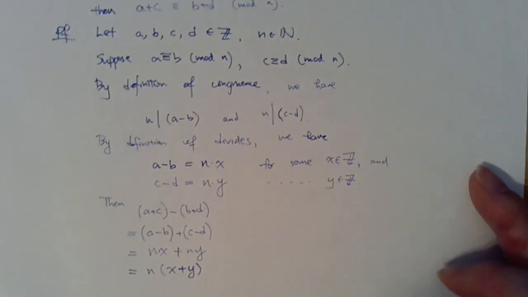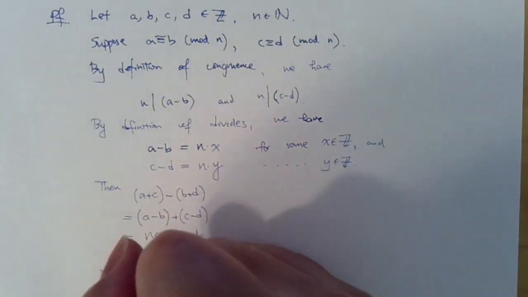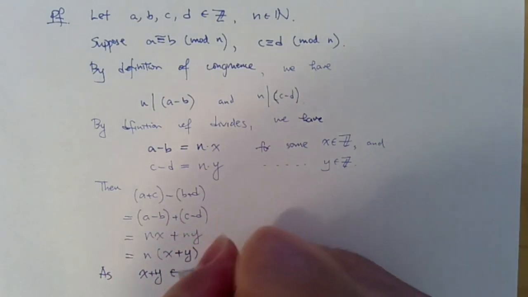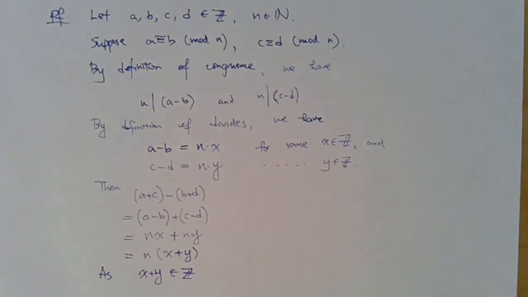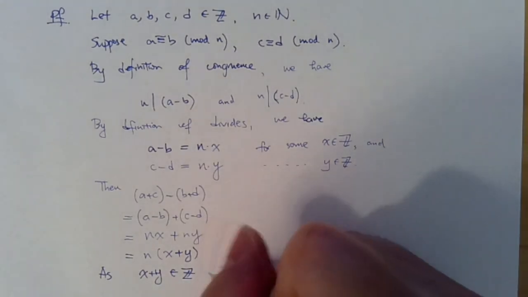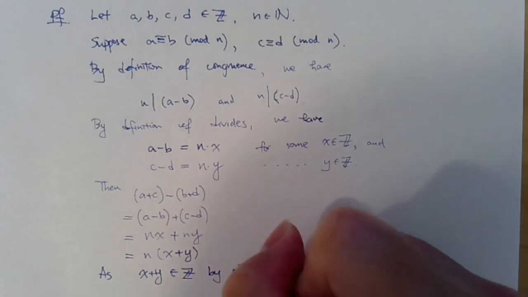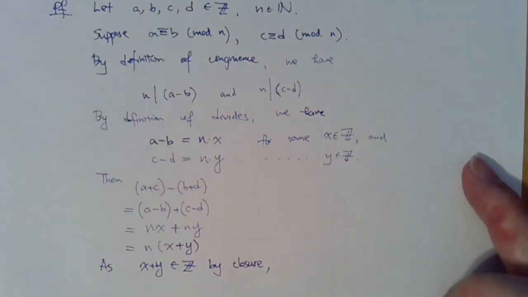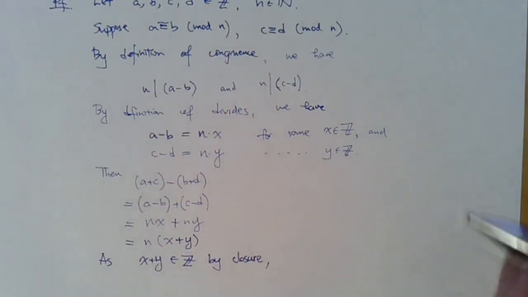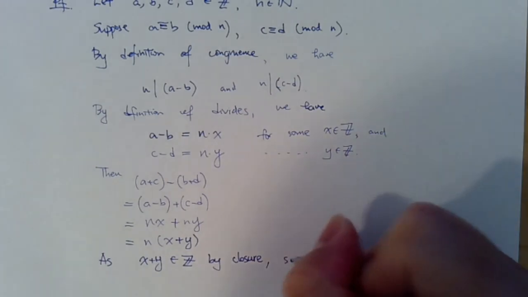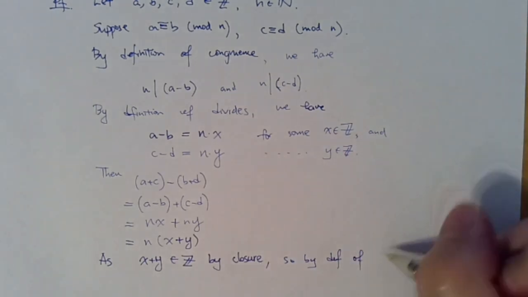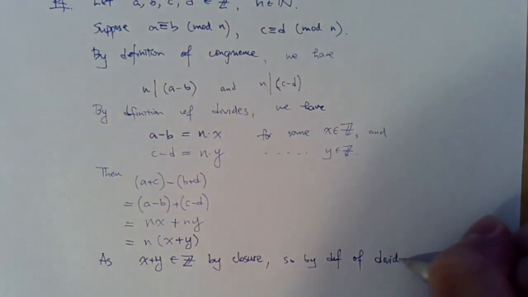Now that's a multiple of n. But you could simply say in the next line that x plus y is an integer, and it's very important that it's an integer. So we really want to emphasize that part, perhaps explaining that this is by the closure property, by closure. So by definition of congruent, I suppose one more step. So by definition of divisible, divides,